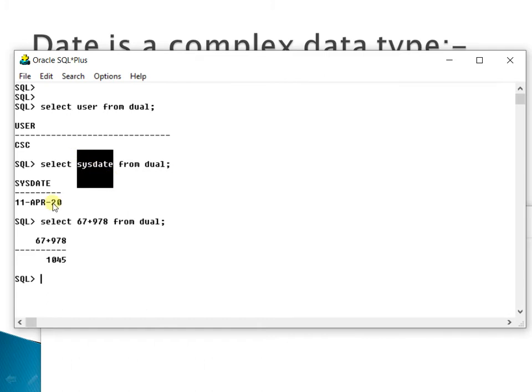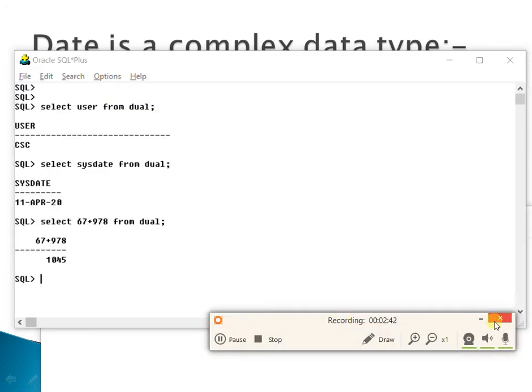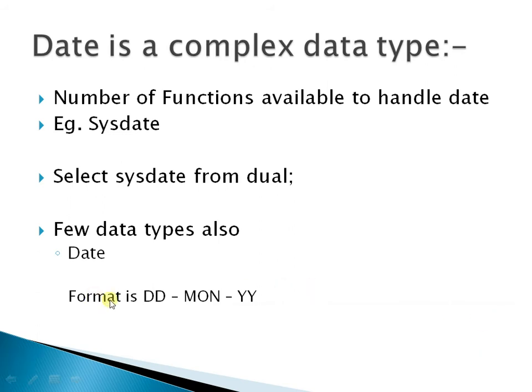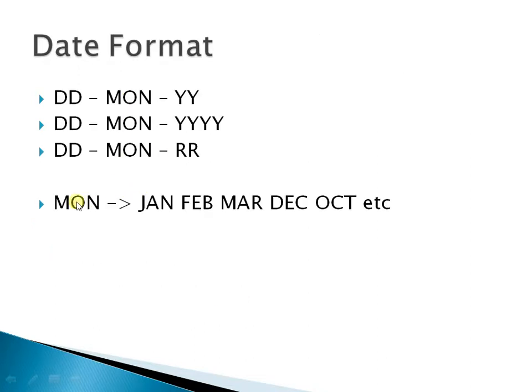Now what you can see is that Oracle displays dates by default in DD-MON-YY format. What does it mean? MON means you can type Jan, Feb, Mar, Dec, the first three characters of any month.